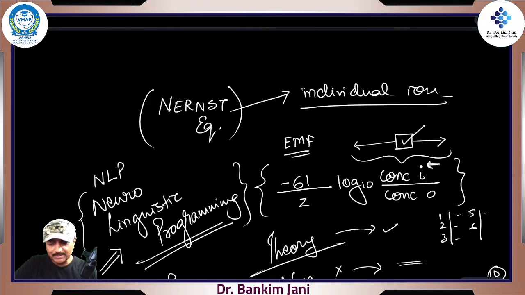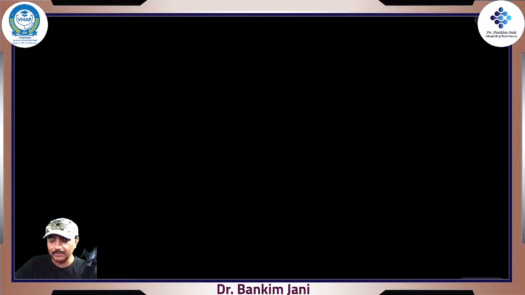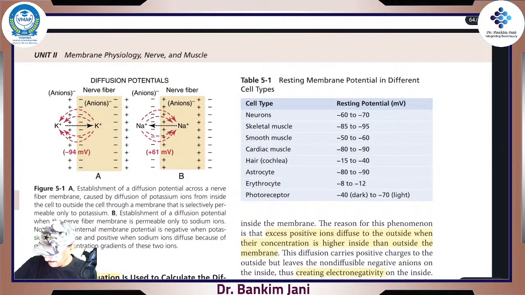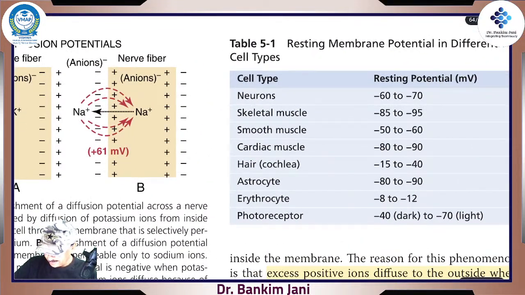Okay, so this was our Nernst equation, which was about the individual ion. Achha, you asked, sorry, yesterday, after that I realized that you asked some question about where is that table. I somehow missed that question. It was just asked at the end. So here is that table. Here is the table. Right? This is Guyton, and here is the table